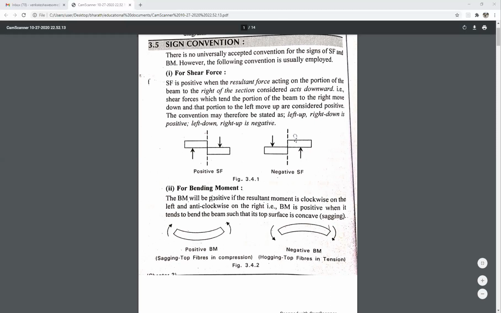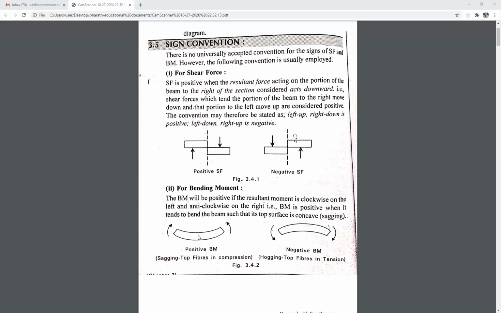If you consider a bending moment, this is the anti-clockwise bending moment. We can call it positive, sagging. Anti-clockwise bending moment you can call positive. This is the negative bending moment, hogging. So clockwise moments will be negative here, while clockwise loads will be positive. Here the clockwise bending moment will be negative. This is completely vice versa: if it is positive, then it could be negative.